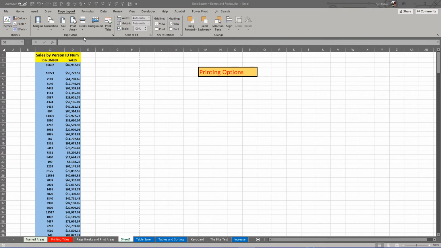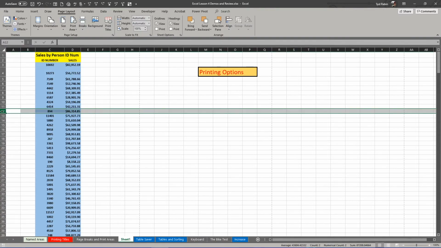Lastly, let's talk about page breaks. So a page break is when you tell Excel where to stop printing a page and move on to the next page. You do that right in here. So what you've got to do is you've got to choose where you want to insert a page break. So say we wanted to insert a first page break right after row 12. So if we click on row 12 here and we go into the breaks drop down and we say insert